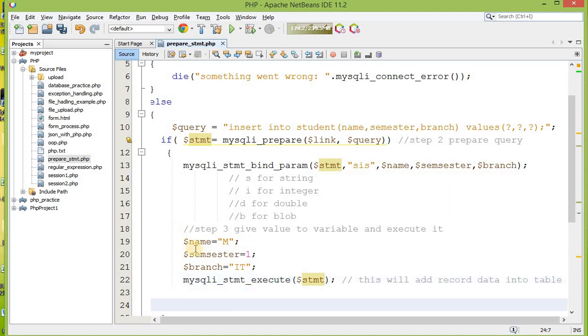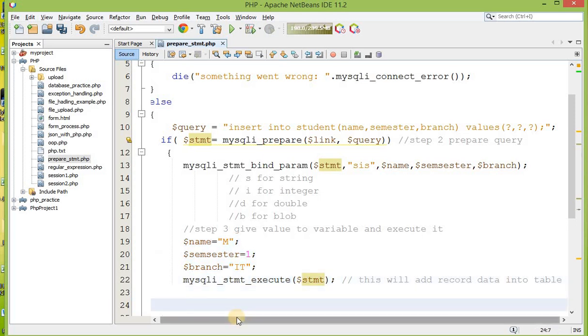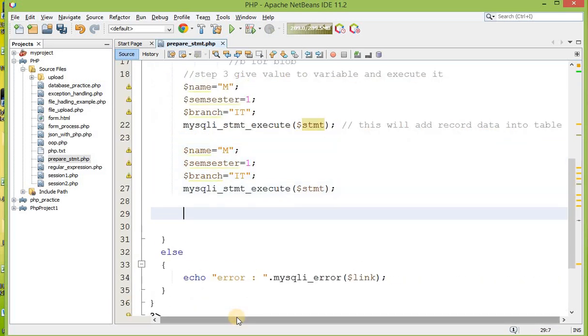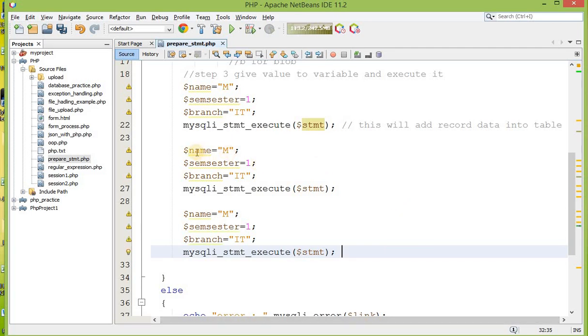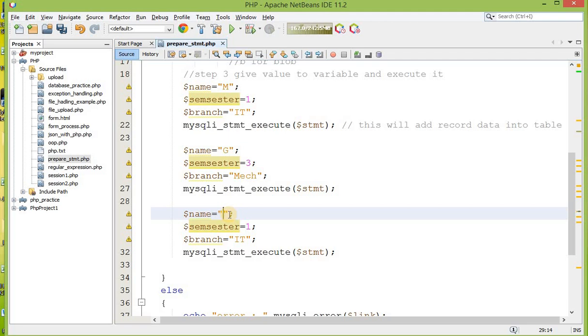Now what I am going to do is just see this. Again, over here I am using, let's say, G, which is in 3rd semester, and after that it is in mechanical. And this is, let's say, R, super senior, IT.